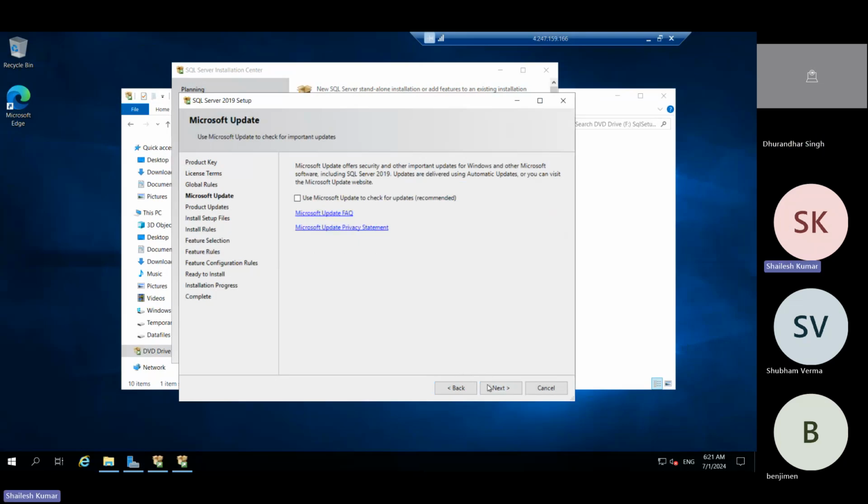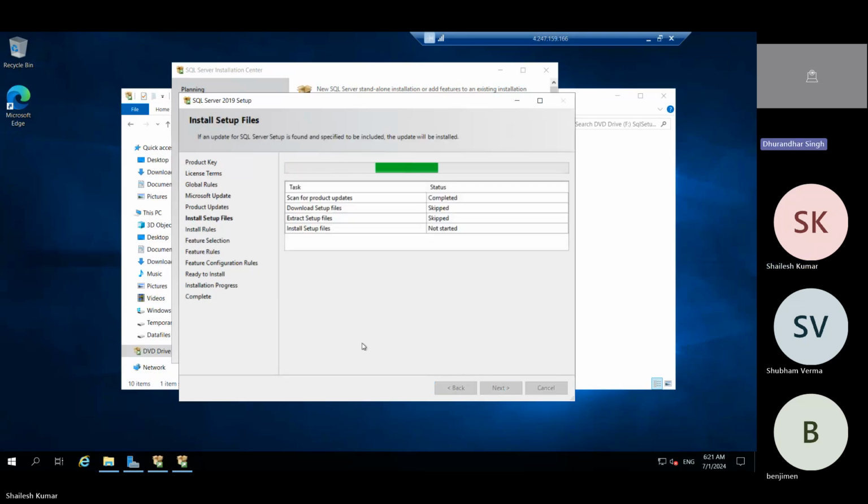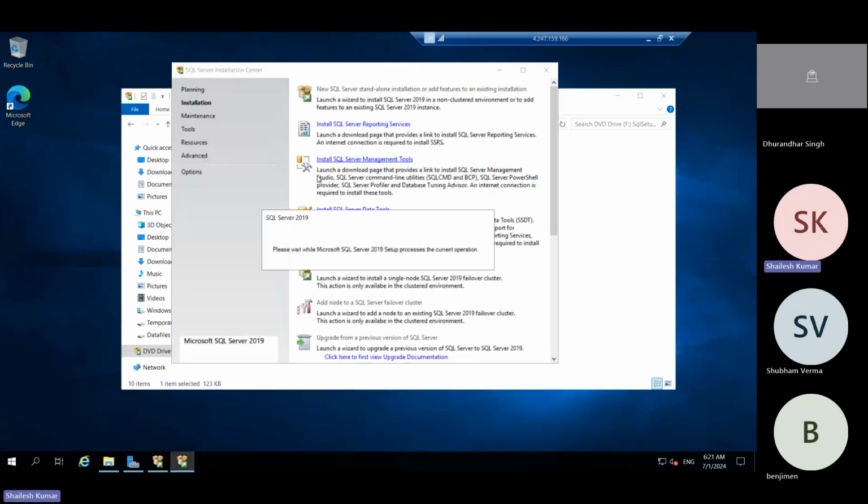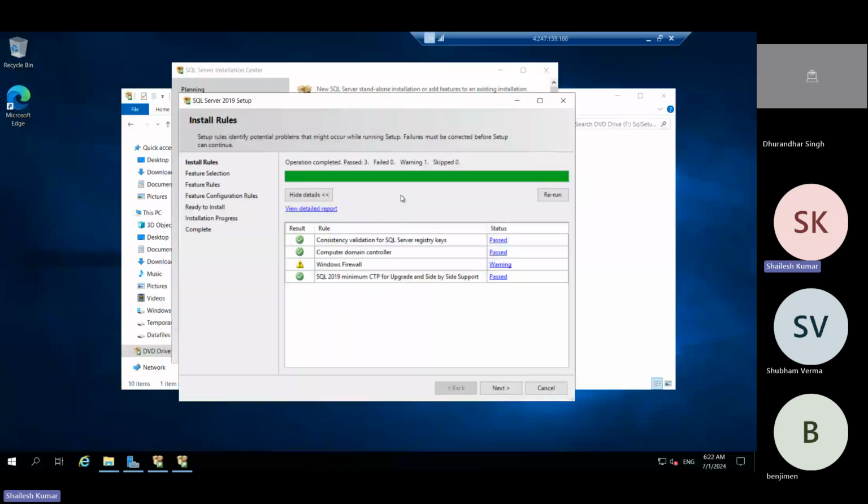This is for updates, Windows Update and all is checked. Firewall shows a warning, but we can ignore it here.